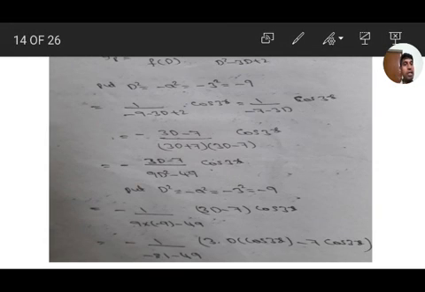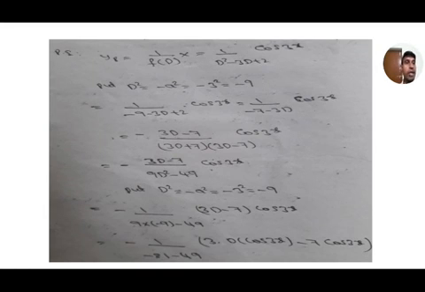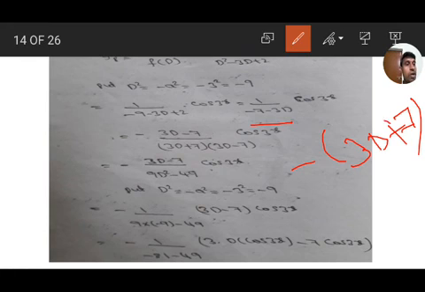Here we directly substitute d square equal to minus a square. A means here 3, so minus 3 square, that is minus 9. If you substitute minus 9 in the place of d square, we get 1 by minus 7 minus 3d. Minus is common, that is 3d plus 7. Minus common means minus of 3d plus 7. So again we have to convert this d term into d square. So multiply the numerator with 3d minus 7.